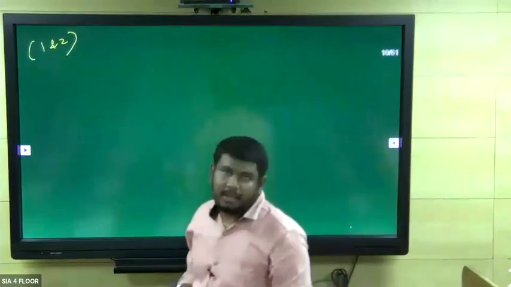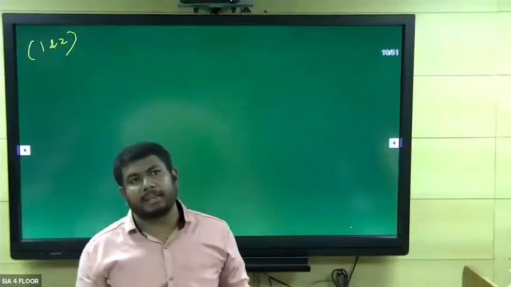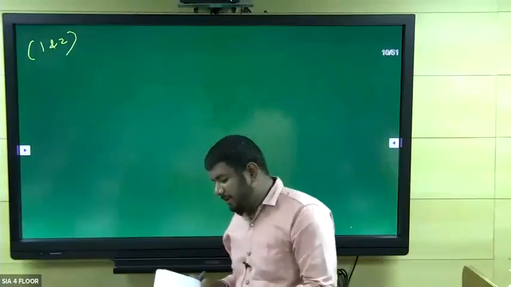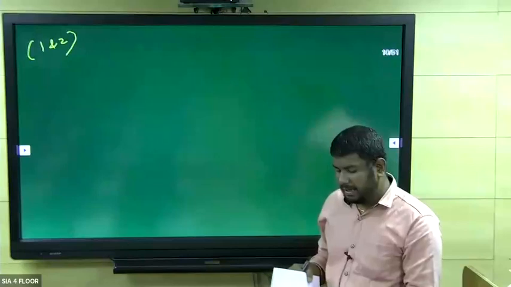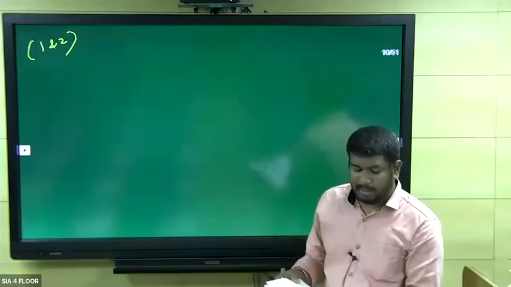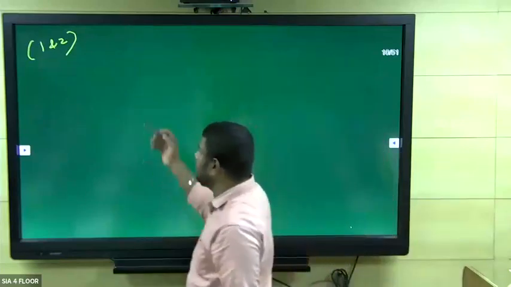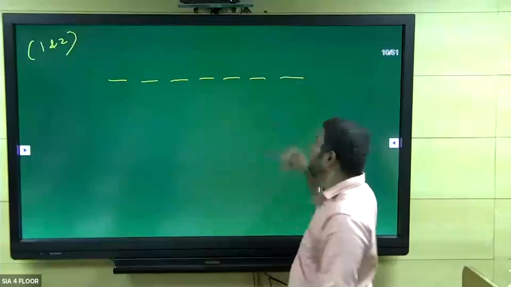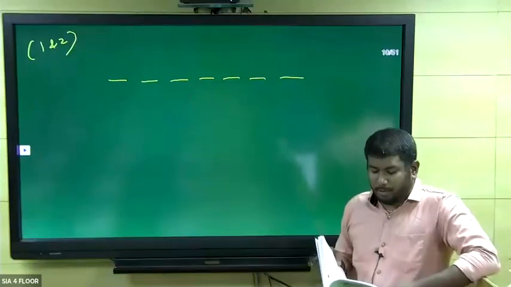facing the audience. I already told you we need to identify whether the given arrangement is linear or circular. For that I have given some words: facing the audience or standing in a line, then it will be a linear arrangement. How many persons? 7 persons, 1, 2, 3, 4, 5, 6, 7 totally. Now read the clues.